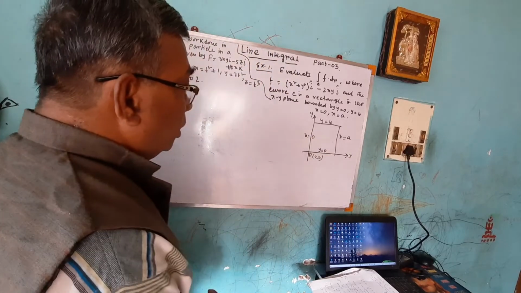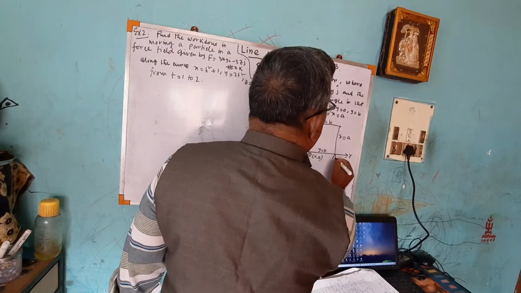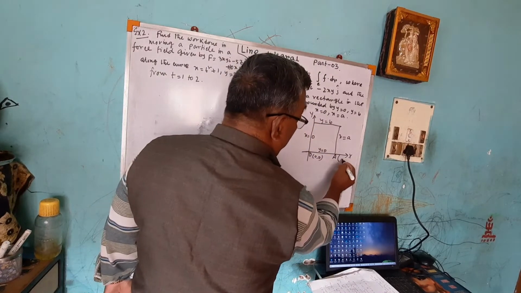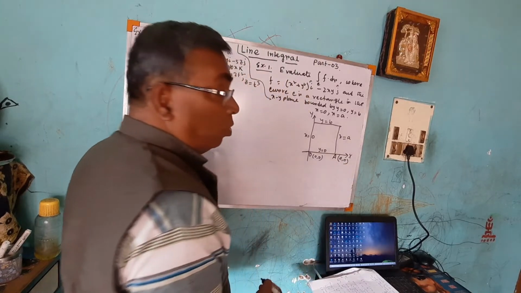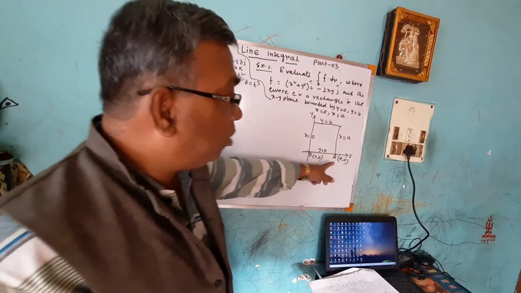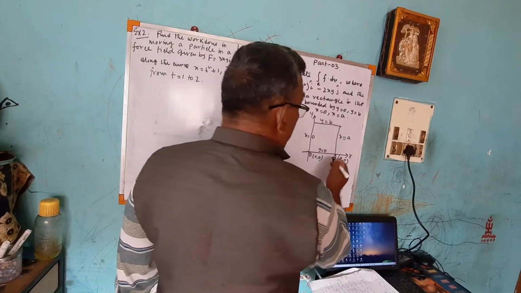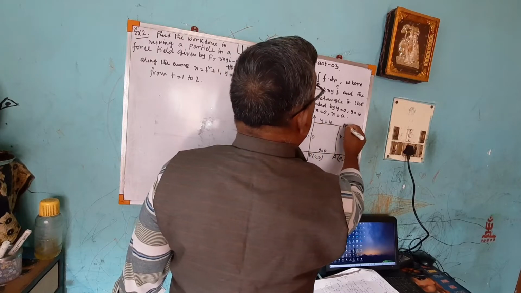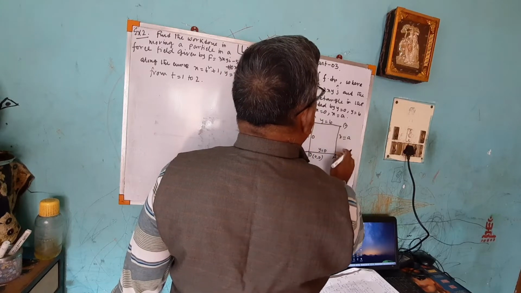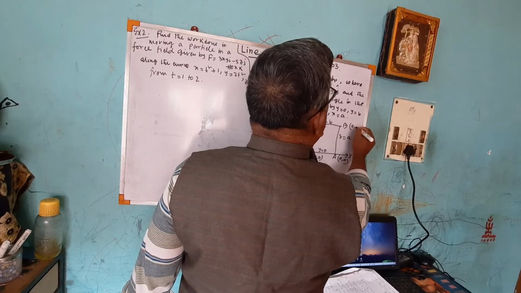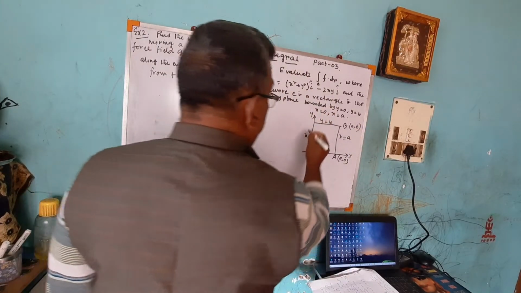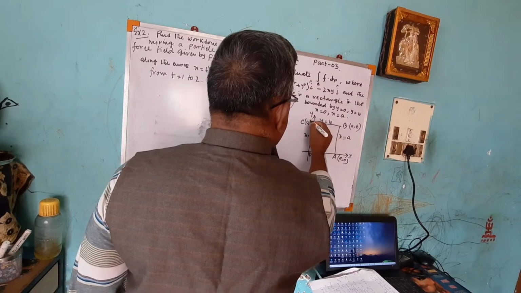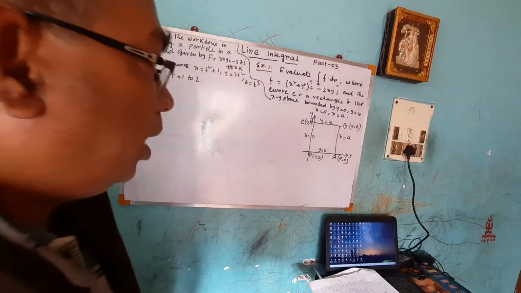In this rectangle, this point, this length is a, so this point is a comma 0. Understand? This point is a comma 0. Now this point has x equal to a and y equal to b, so this length is b, and the point is a comma b. And this point is C, that is 0 comma b. And O is 0, 0.